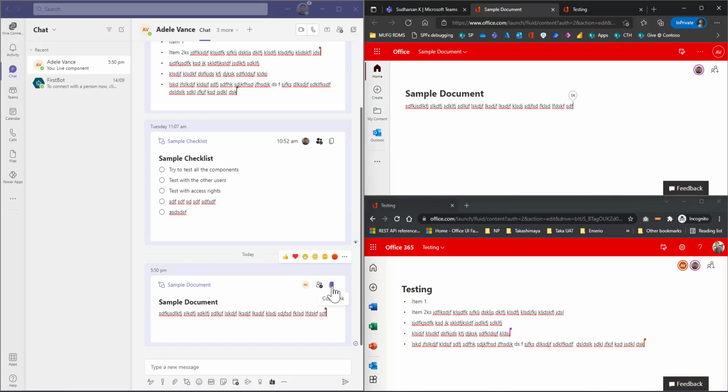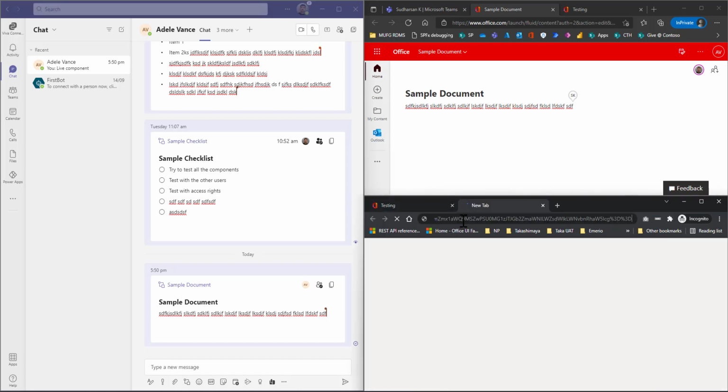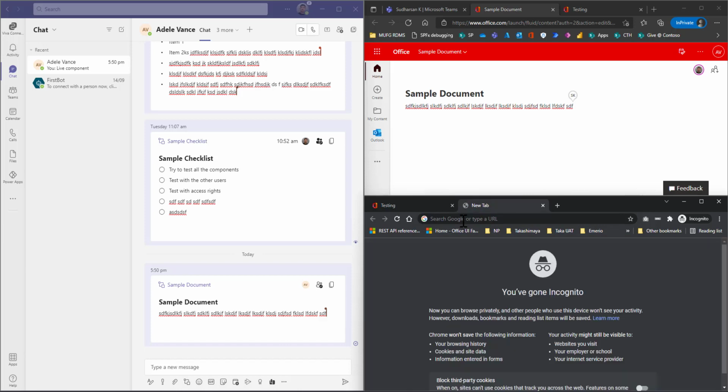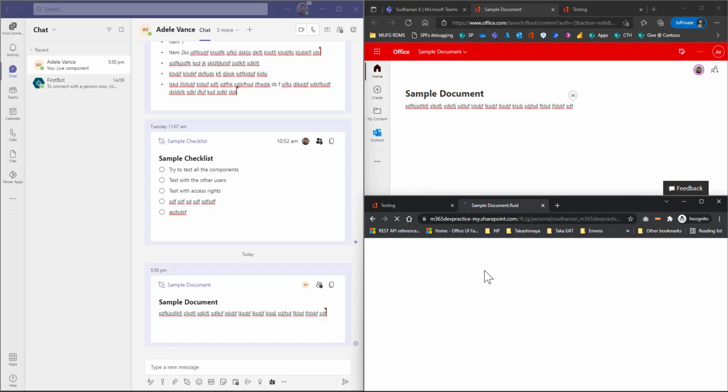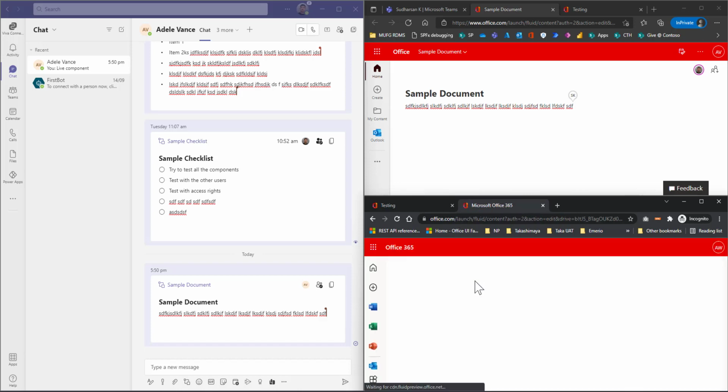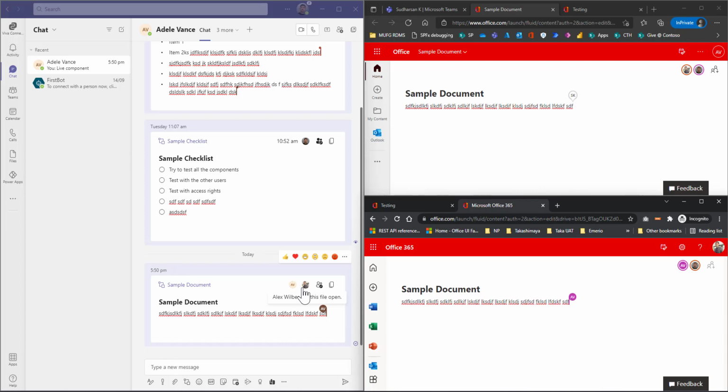The same, when I copy this link and paste it in Alex Wilber, the moment it is opened, you can see Alex Wilber's user credentials will be applied here. See, so now you can edit it.